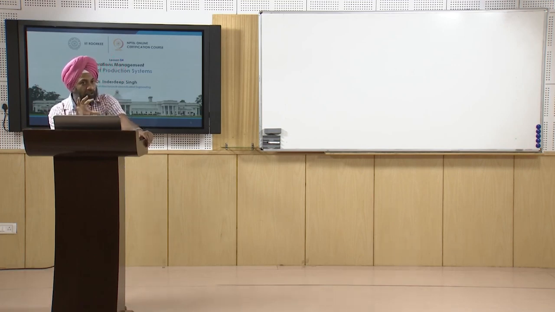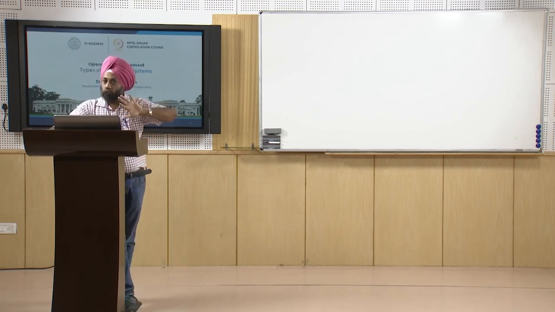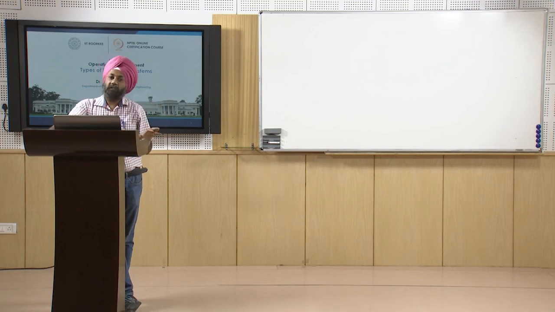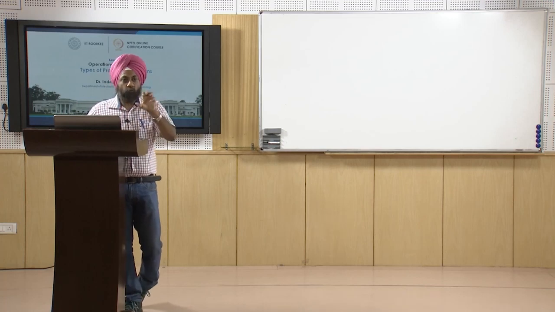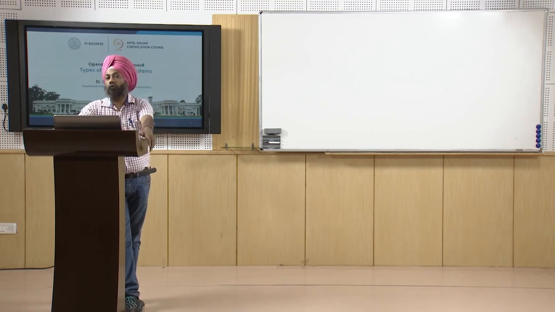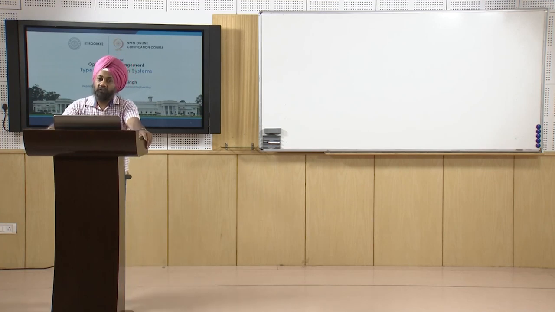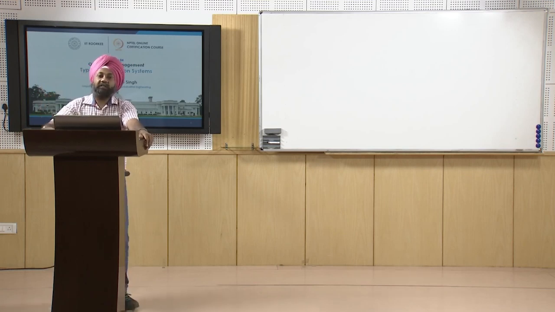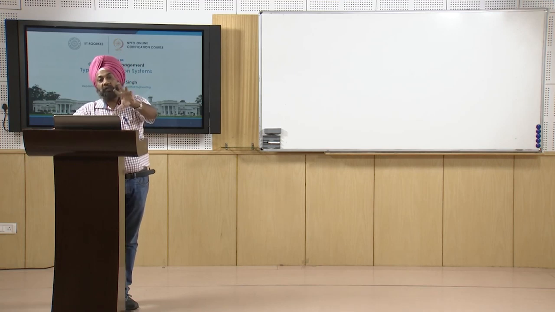So now we will try to see what the different types of production systems are. I think all learners must now be well acquainted with why we are studying this subject, where we have to focus our attention, what the areas of concern are, and what factors we need to look at when we are managing the different aspects of operations. Now we will see what the types of systems are and what the important characteristics related to these systems are,